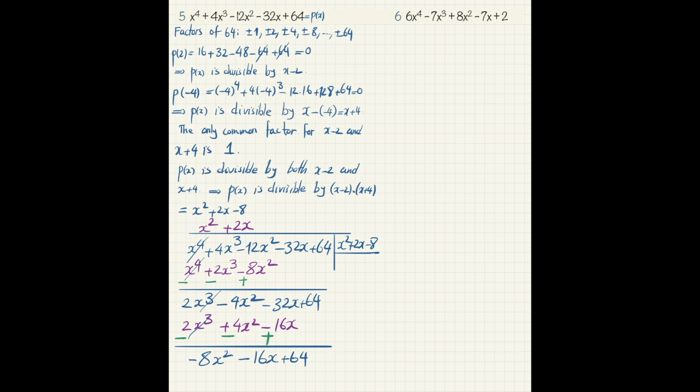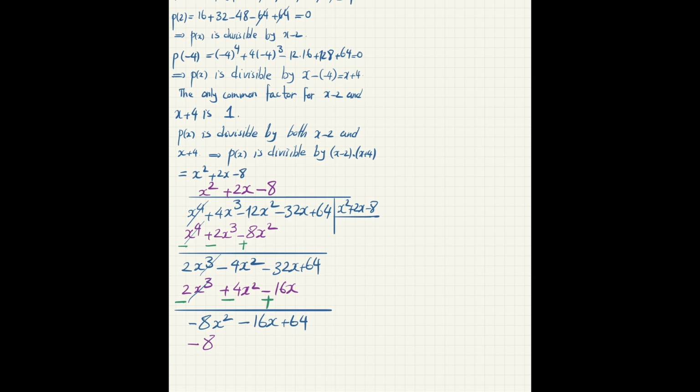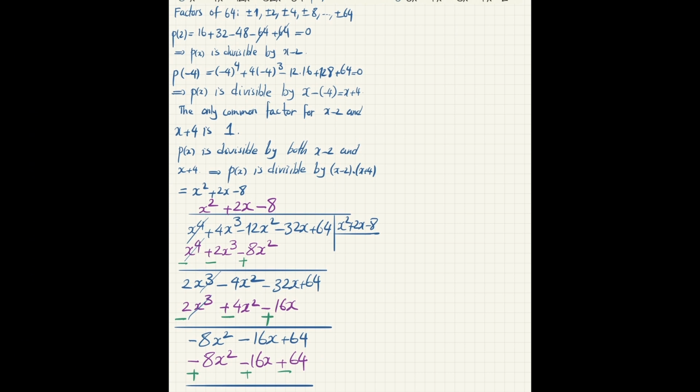And when I divide, it becomes minus 8. So I put minus 8 here and then I multiply. So it becomes minus 8x to the 2 minus 16x plus 64. Then I will change the signs and then I add them. It becomes 0. Yes. So it means that I actually succeeded in